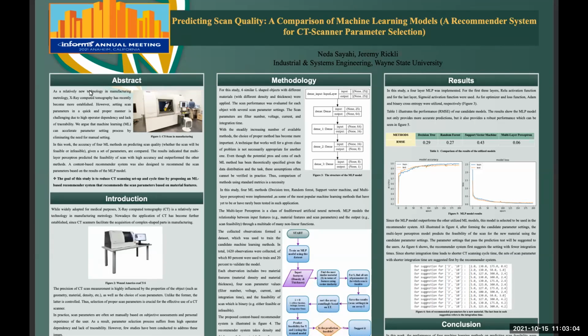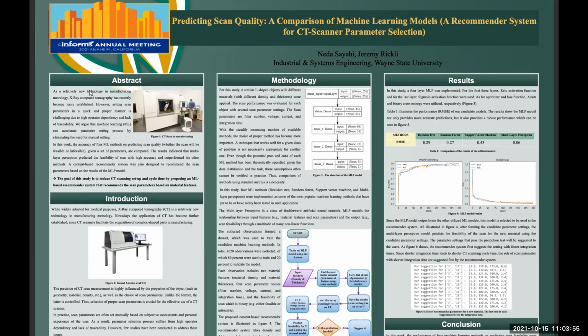In practice, CT scan users choose setup parameters intuitively, and this process highly depends on the operator's experience. The high operator reliance of parameter selection may result in human errors and delays in the scanning process. Here, we argue that by removing the necessity for manual parameter selection, ML methods can speed up the parameter setting process. Given a set of parameters, the accuracy of four machine learning methods in predicting scan feasibility are compared in this study. And the results show that the multi-layer perceptron predicted scan feasibility with high accuracy and outperformed the other